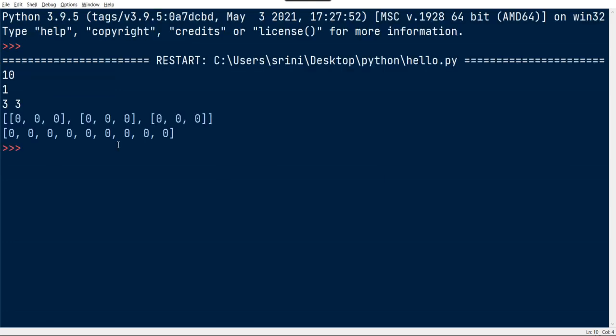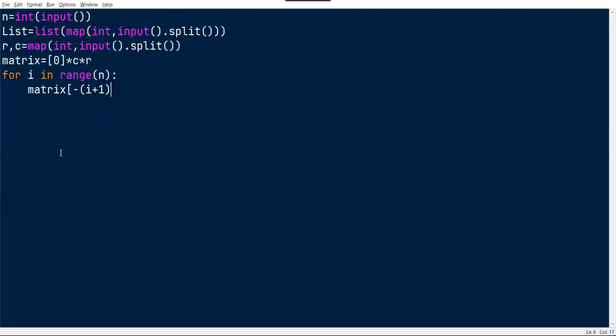Whenever we go for a negative index, like t equal to a temp variable, apple, t of minus 1 will give you the last index, e, and minus 2 will give you l, minus 3 will give you p, like that. It will give one p, so minus 4 will give another p.